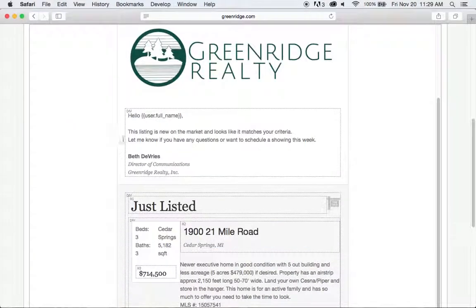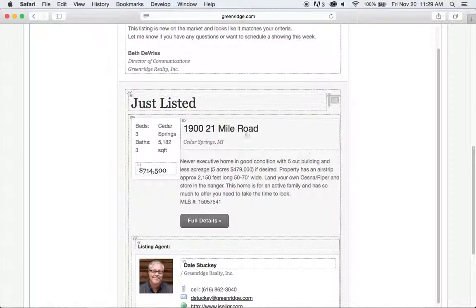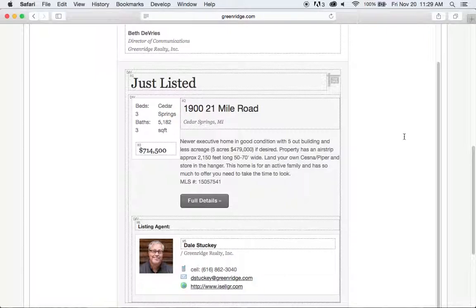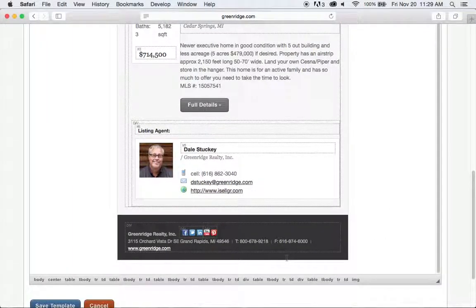I've already kind of made a mess of this, but I just took the photo completely out of it. So you want to be a little careful when you're monkeying with it too much, but you can always start over. Here it has pulled in the listing agent. Now obviously for most of you, you're going to be sending these emails on your own listing, so it would pull in your listing agent information. Has links to this listing agent, who happens to be Dale Stuckey, his email, his personal website, his cell phone, and pulls in his name, but again, you can make any adjustments there. And in the footer,